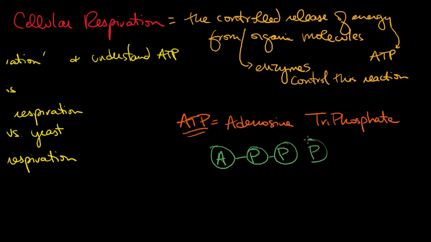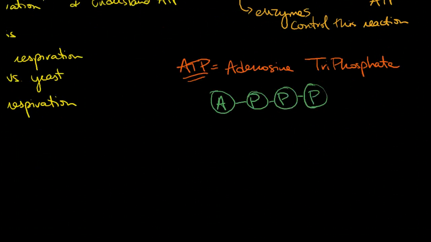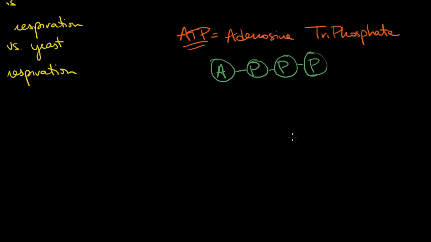Adenosine triphosphate. So we've got 1, 2, 3 phosphates. And that's what our ATP molecule is. Now, what's interesting about ATP is that it can actually, I guess I'll just redraw it here. So we can have our adenosine triphosphate,